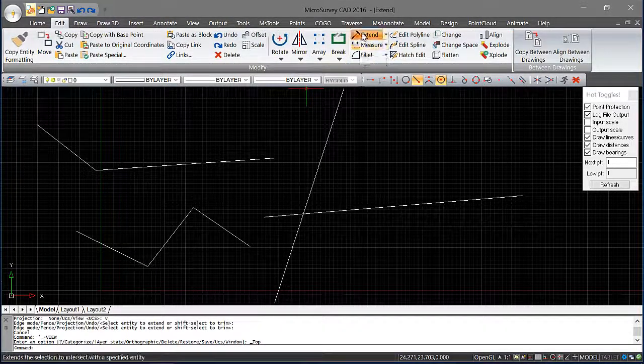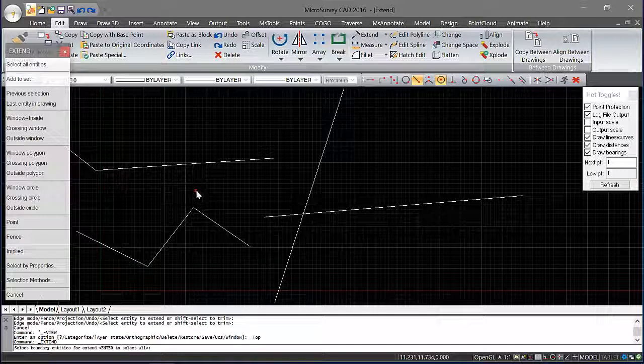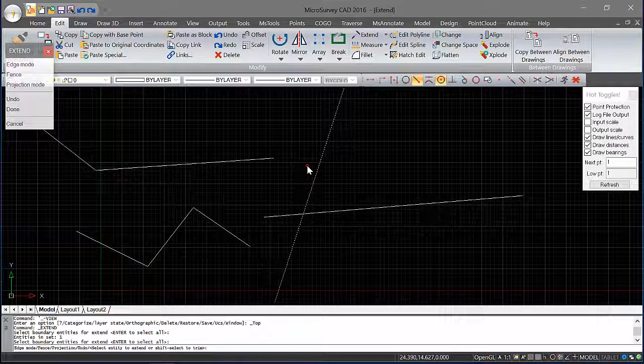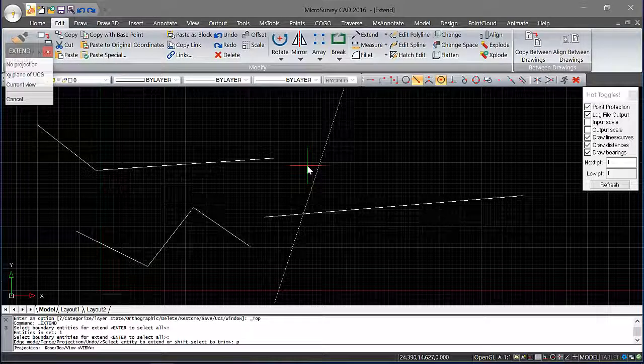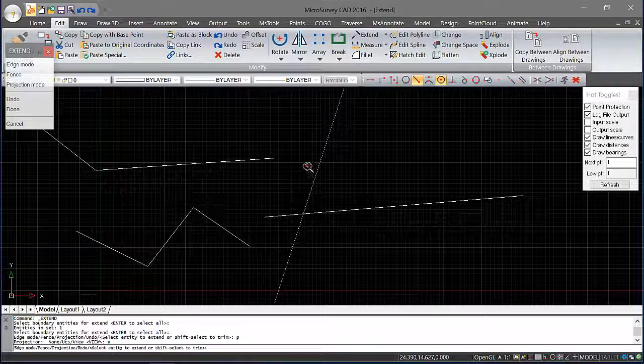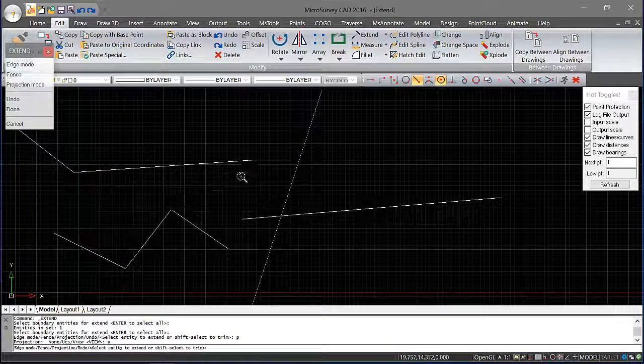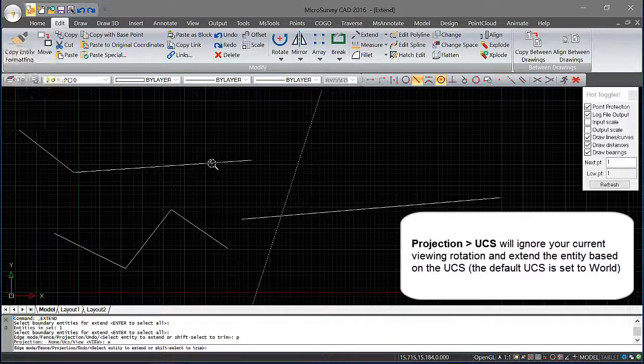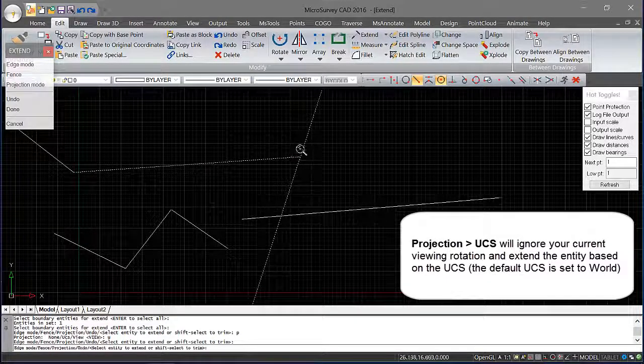If I start the extend command again, I'll set my boundary. I'll go back into projection, and this time I'll choose UCS. In this case, select my line, and it's clearly extended this line up to my boundary based on the current UCS. However,